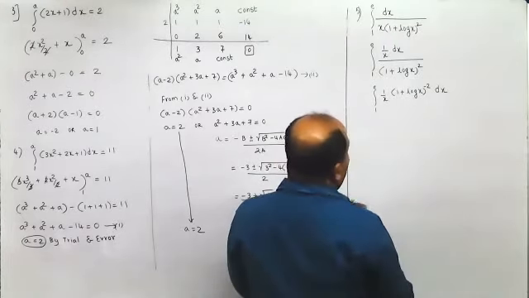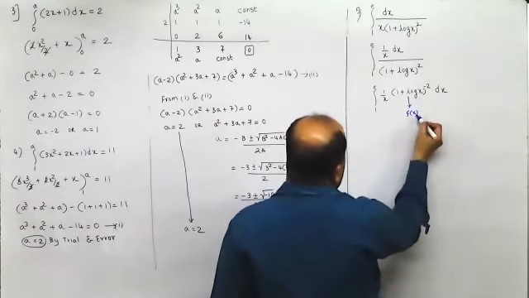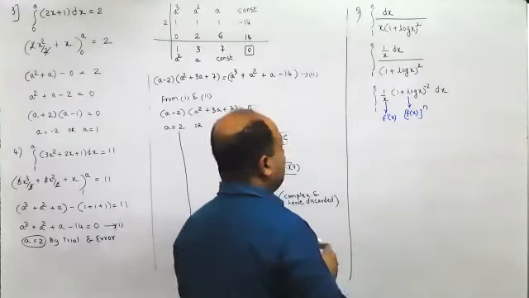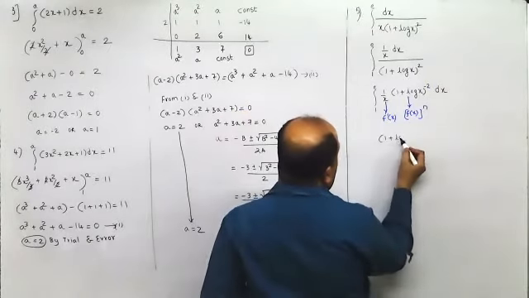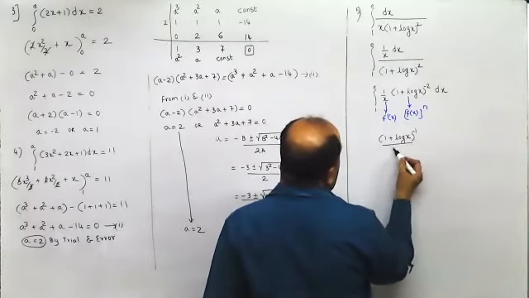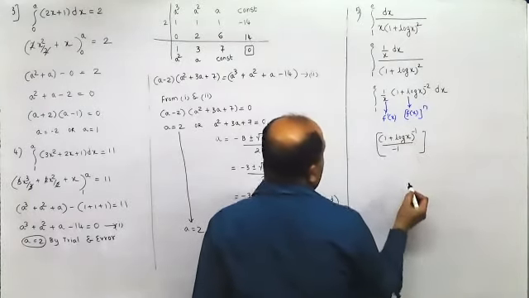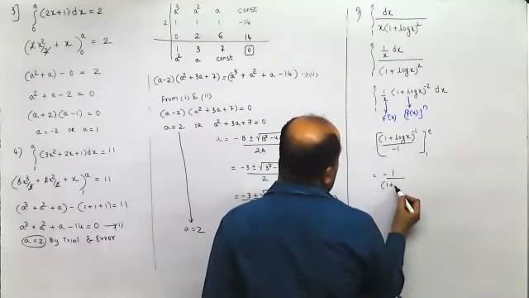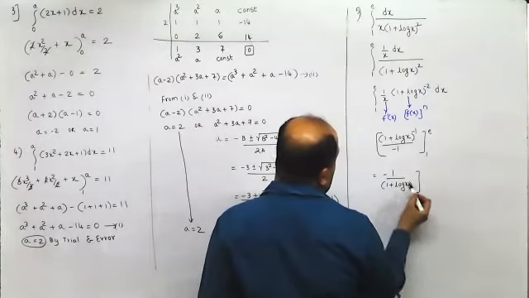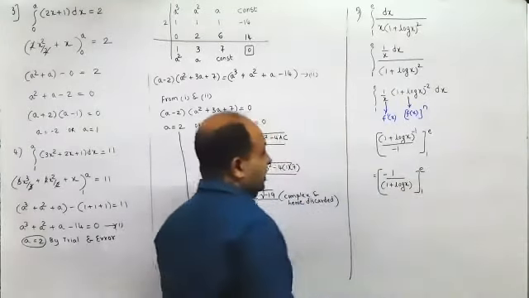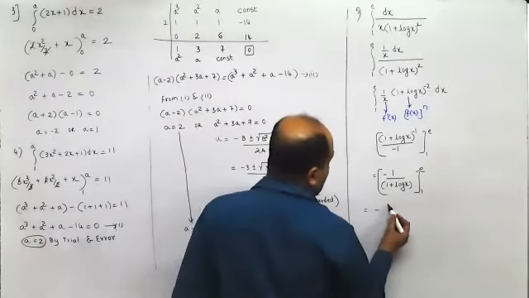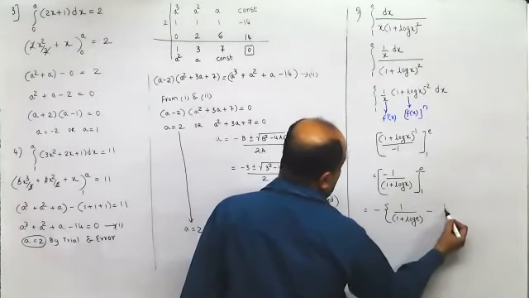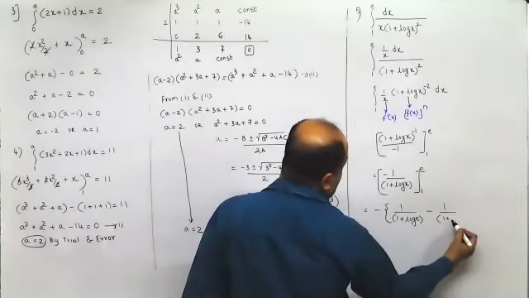And then I'll treat this as f of x raised to n. Here, I'll treat this as f dash x. So this would be f of x raised to n plus 1, that is 1 plus log x raised to n plus 1, that is minus 1 upon minus 1 between 1 and e. So this would be minus 1 upon 1 plus log x from 1 to e. Now take that minus out. You would get here 1 upon 1 plus log e minus 1 upon 1 plus log 1.